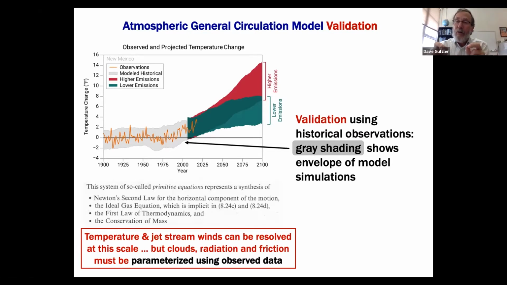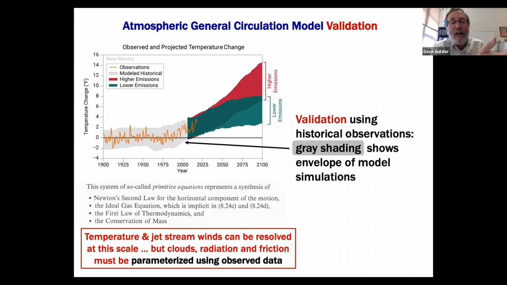We don't expect our models to get every jaggedy up and down because the models are simulating natural variability, just like we wouldn't expect a weather forecast model to simulate weather a year from now. We just want it to simulate accurately for a few days and then get the statistics right after that. So we want to know if our models are getting the statistics of that jaggedy yellow curve correctly.